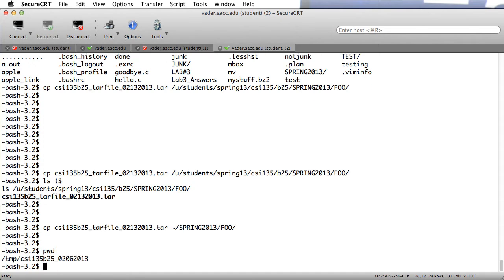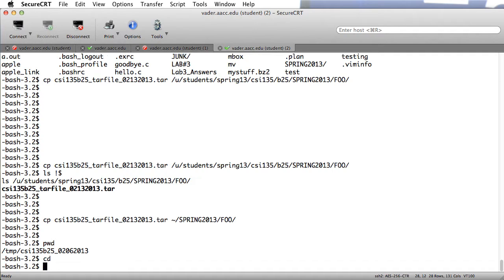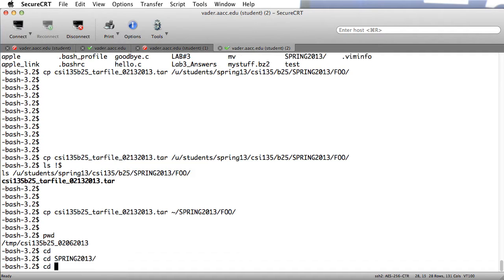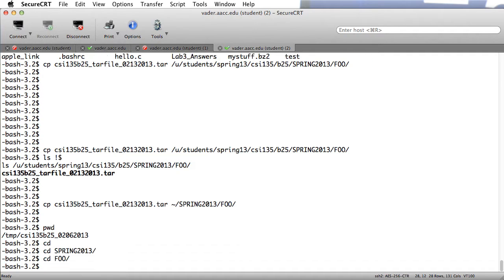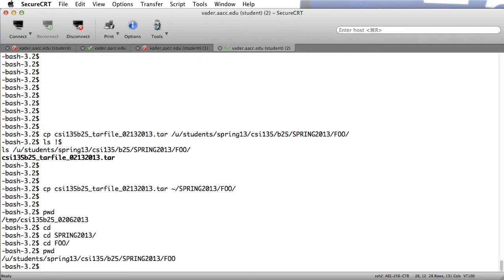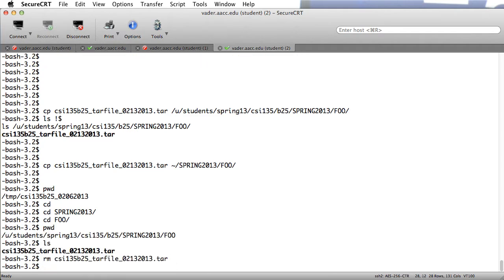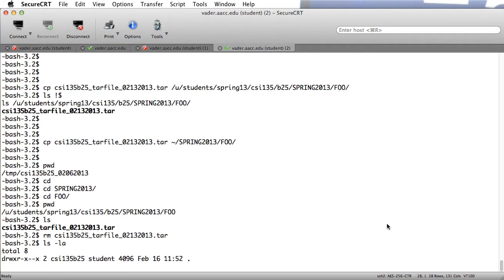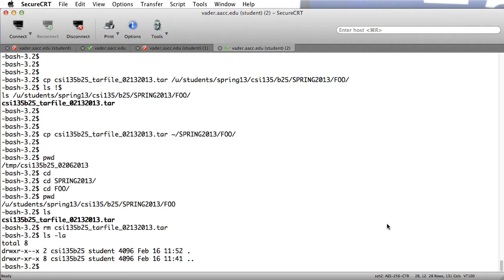Another way I could have copied that file would have been to cd into my home directory, and then go into the Spring directory, and then go into foo. And now I'm here, and let me go ahead and remove this file. So you can see there are no files currently located in the foo directory. So if I were to type copy